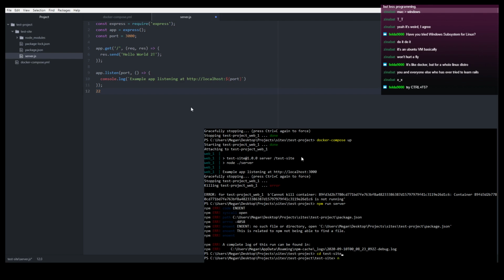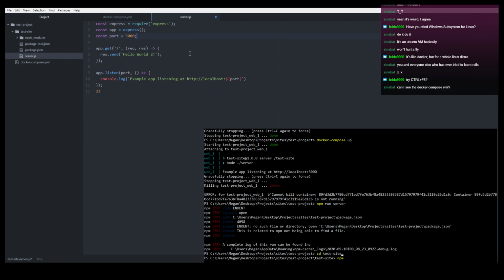So, I don't really know what to do next, so let's find out. Let's set up, ooh, see the Docker Compose YAML? Sure. Yeah, this can get pretty... you know what we can do? No, because I don't need to worry about Nginx yet. And I don't need to worry about